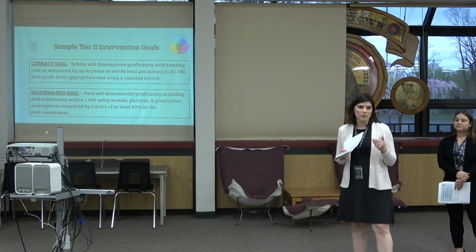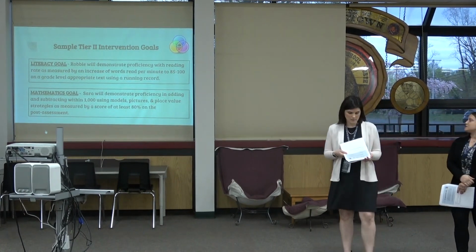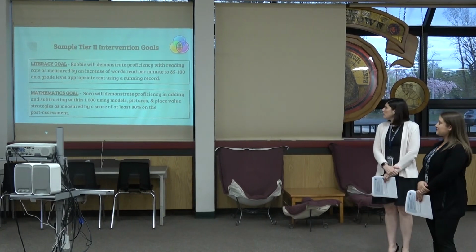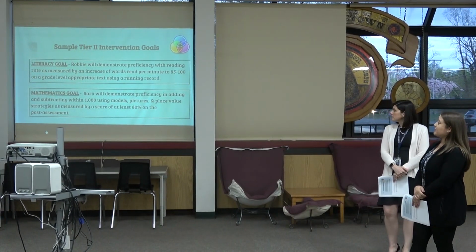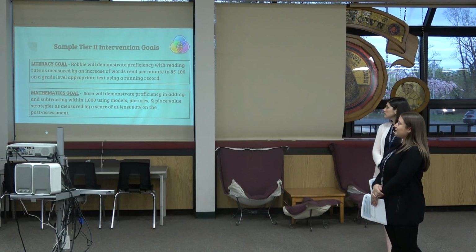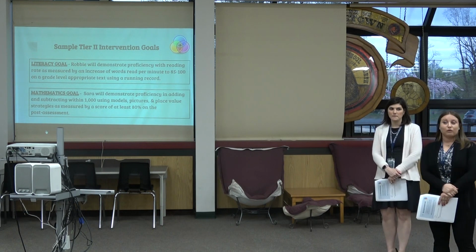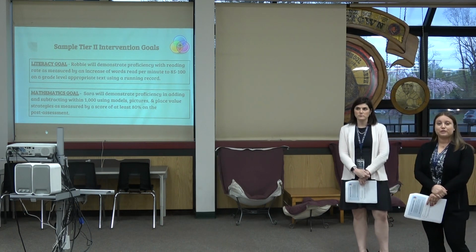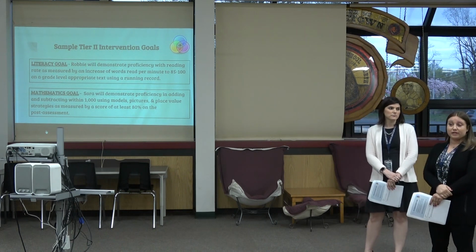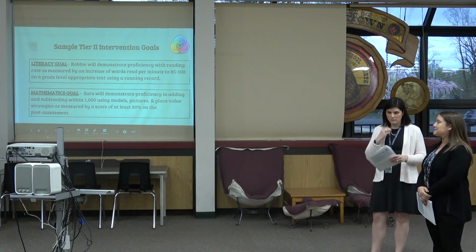And we're going to do the same thing. We're going to take apart these sample Tier 2 goals. So if you want to start with literacy. For literacy, this is that Robbie will demonstrate proficiency with reading rate as measured by an increase of words per minute to 85 to 100 on a grade level appropriate text using a running record. So again, a SMART goal is created for this student so that Robbie is struggling with his fluency with reading rate. Reading rate is reading faster and reading smoother, so that's the area we want to